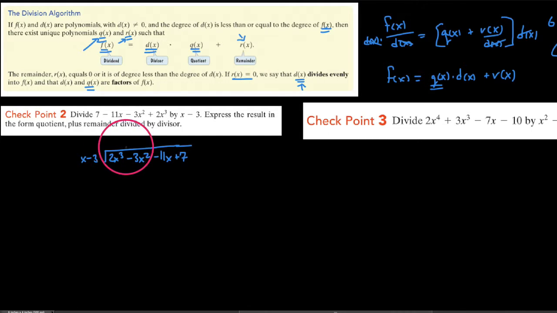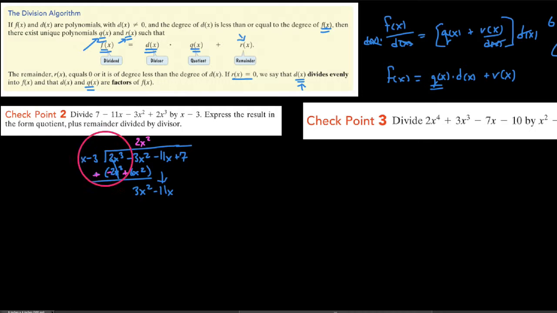We say x times 2x squared would give us 2x cubed. So I get 2x cubed when I multiply this by x, and then 2x squared times a negative 3 is negative 6x squared. So we're going to subtract off all of this, so we're going to add the opposite here. These cancel out, and it looks like we get left with 3x squared, and we'll carry down the 11x